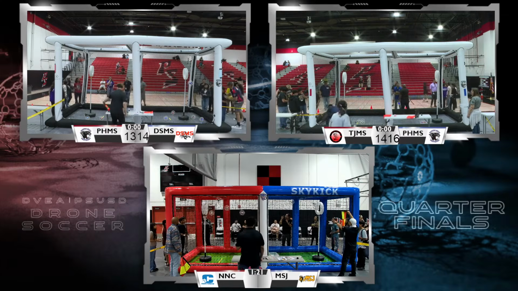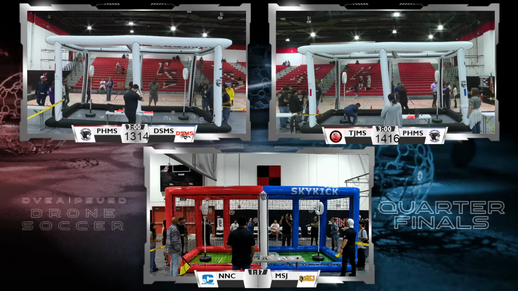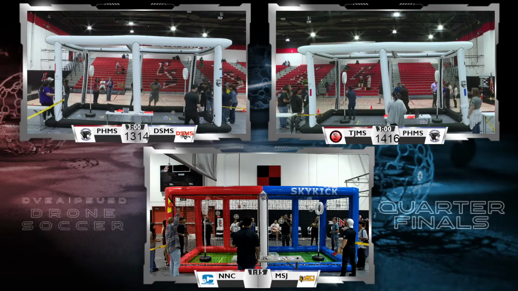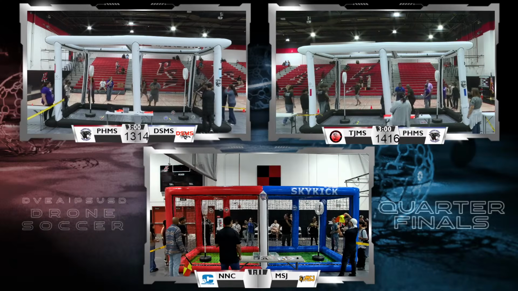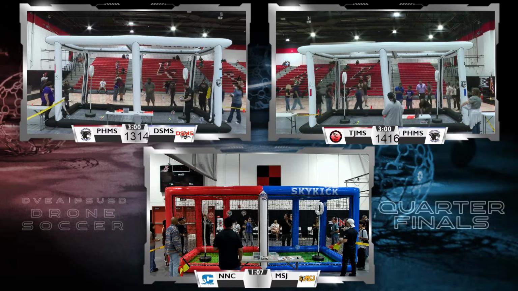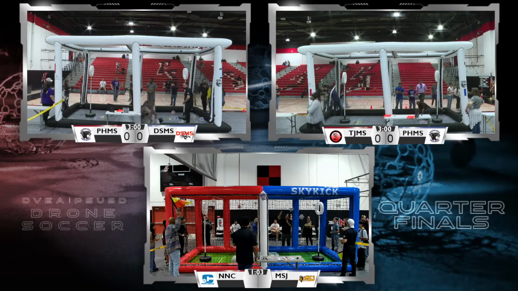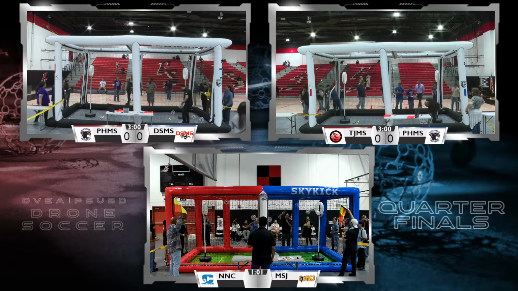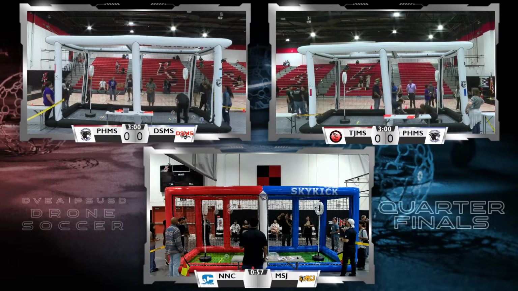So now we're looking over here at this tough MSJ squad versus Nellie Coffin Middle School. We have a score from Mount San Jacinto. Coach is yelling to get his players, strikers, back across the line to reset. And another score. We have about a minute left on that game. Another score for NCC and another score for MSJ.